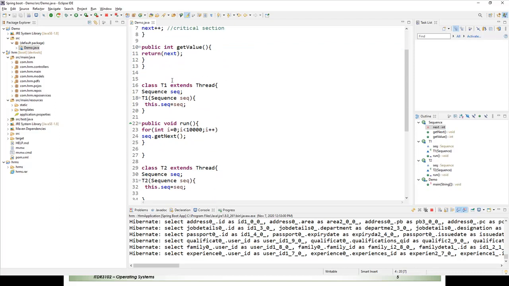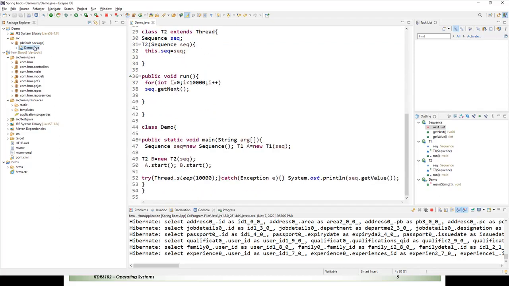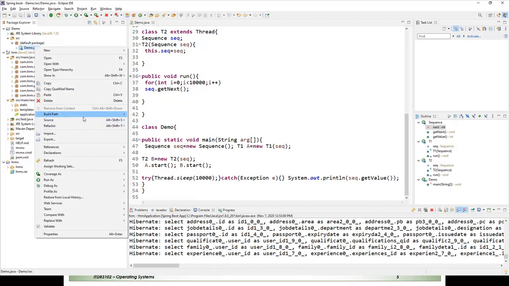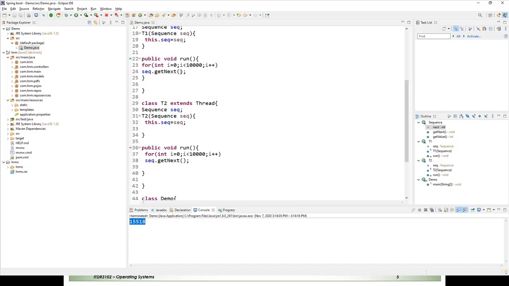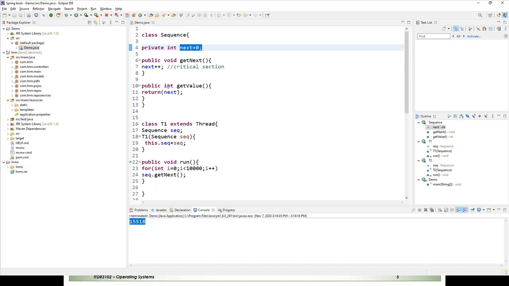But when I run this program, I am executing the program. You can see the result we get when we call the get value method, it returns the next value.